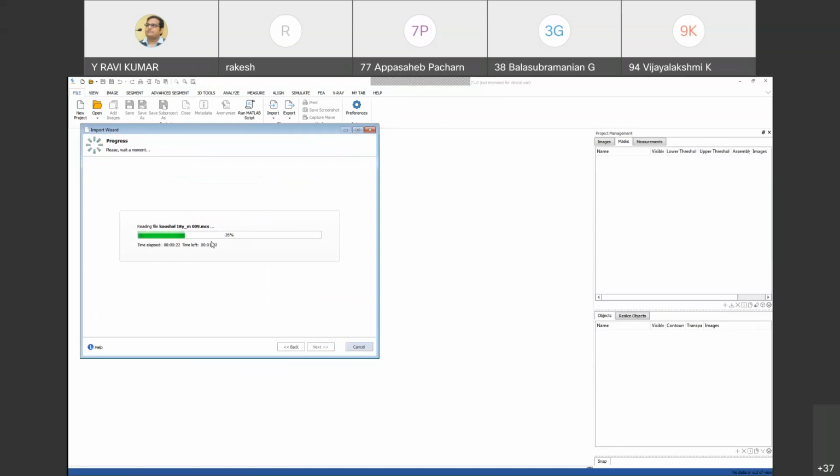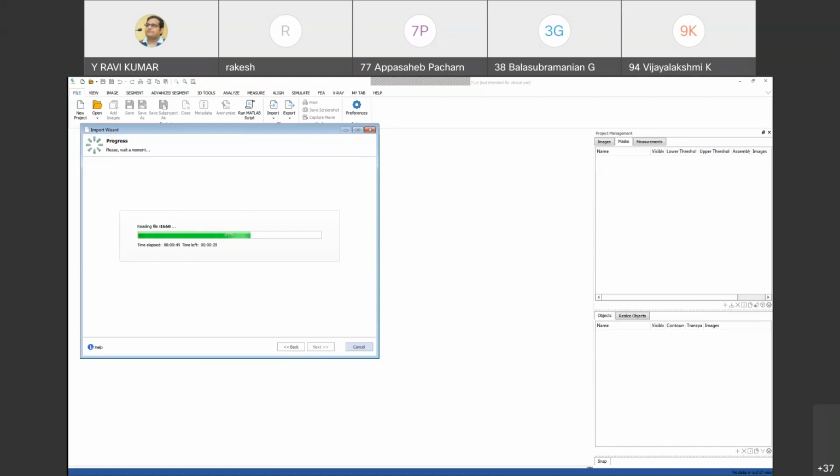Mimics is a material interface software which will convert these DICOM images to STL file. Not only the STL file, they will do the simulations also, like virtual surgical planning and post analysis.